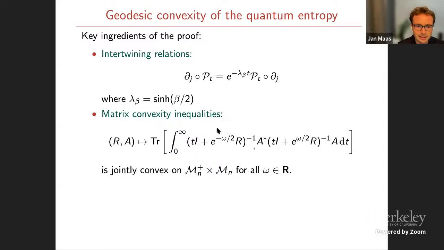And also in this non-commutative setting, this kind of object, A squared divided by R, is actually a convex function, even if these objects are matrices which don't commute with each other. Okay, so this is just an illustration that with these optimal transport methods, you can actually say something about